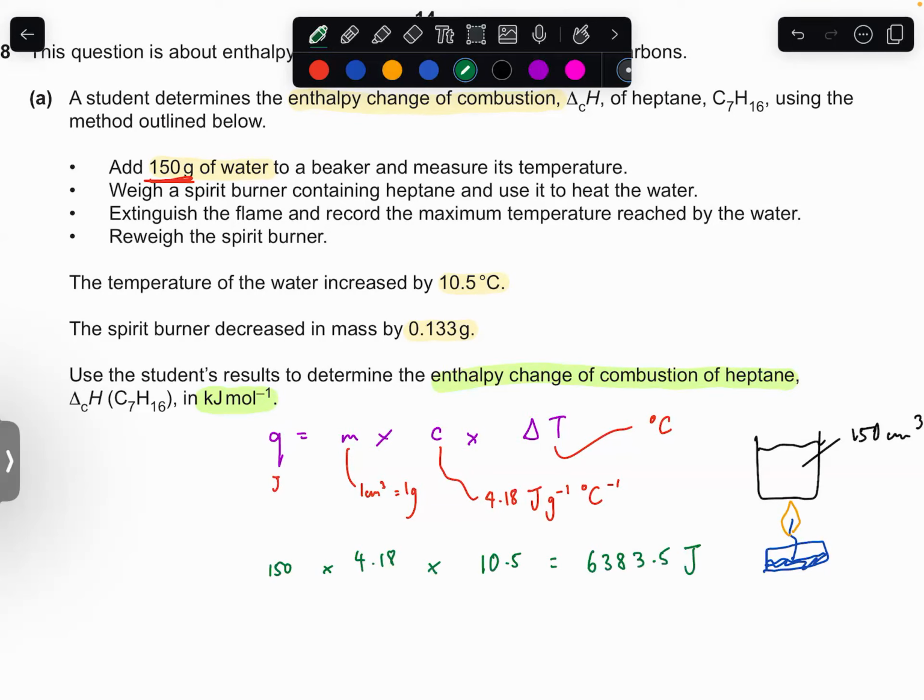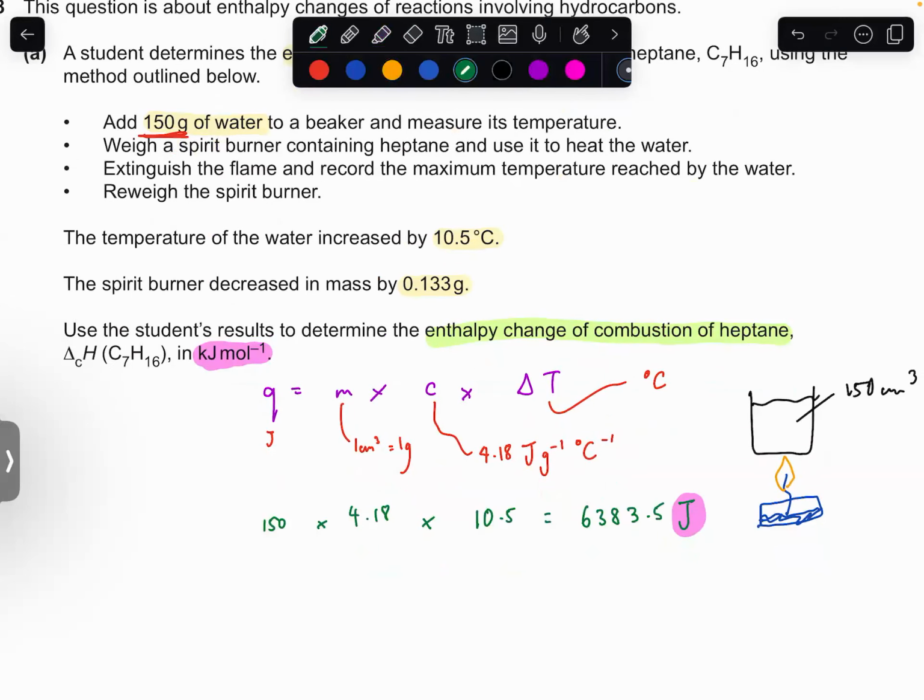Now, if you think about it, what we're trying to do is get from joules to kilojoules per mole. How do you convert joules into kilojoules? You divide by 1,000. So let's divide that by 1,000 now. That gives us